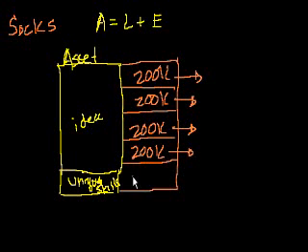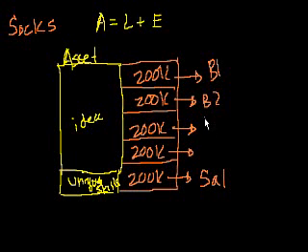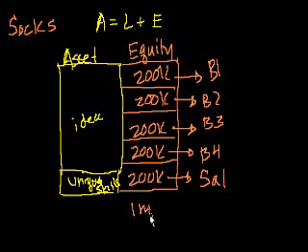Suffice it to say that we each have 200,000 shares in this company, and some of them go to me, and then the rest of them go to buddy 1, buddy 2, buddy 3, and buddy 4. And this is the equity right here. Right? And there's a total of 1 million shares outstanding. Good enough.